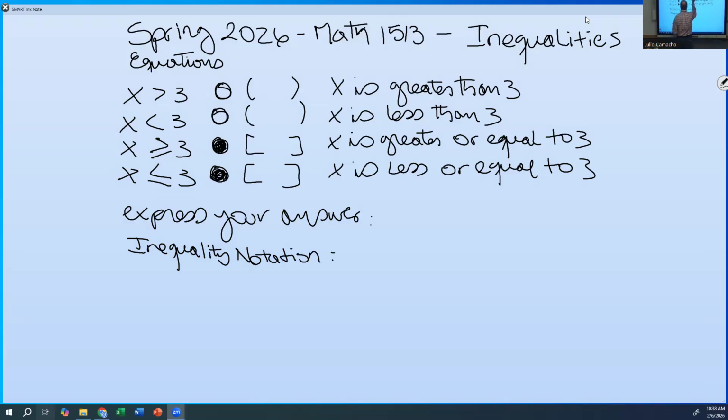I will pick the first one. X is greater than 3 will be inequality notation. Now, in interval notation,